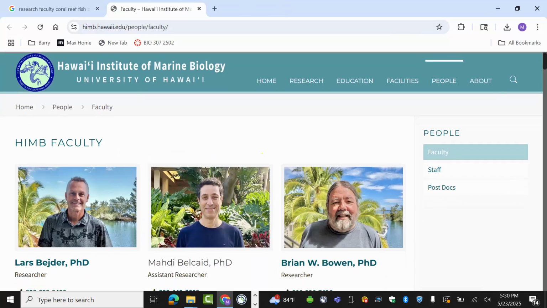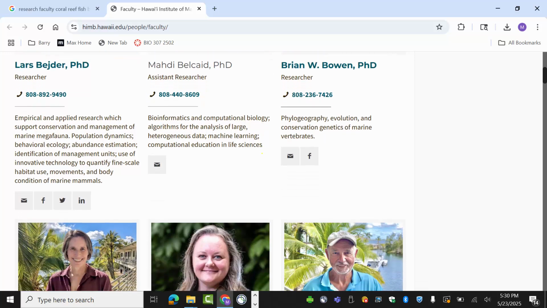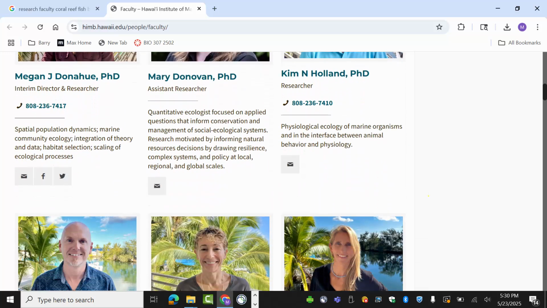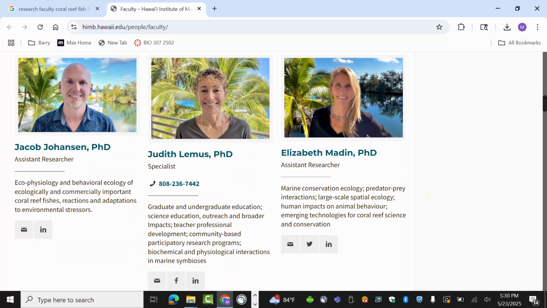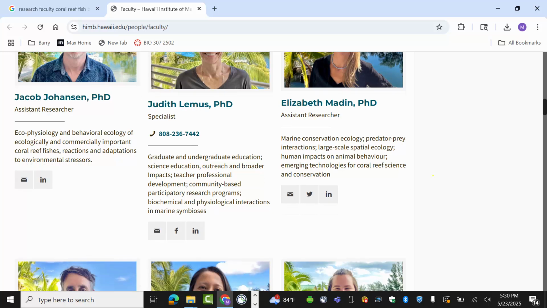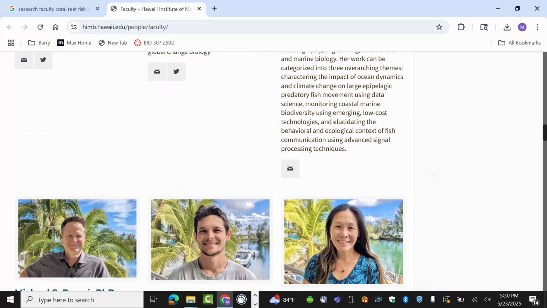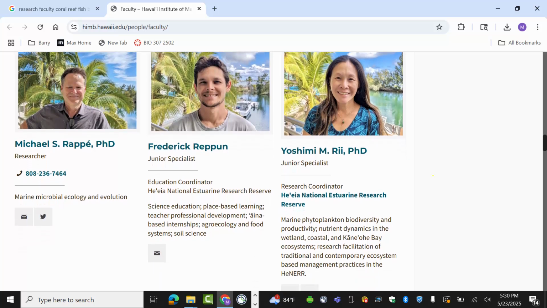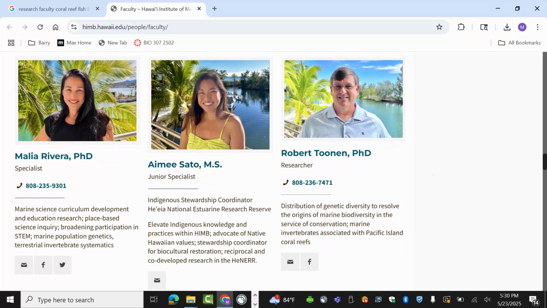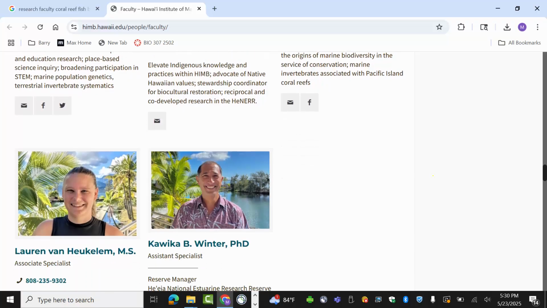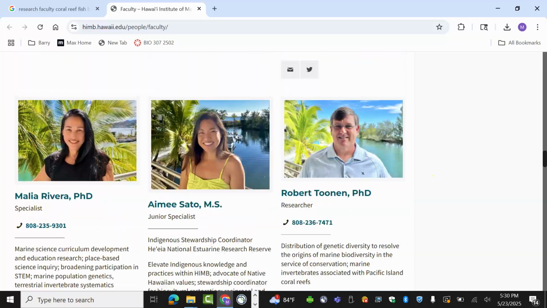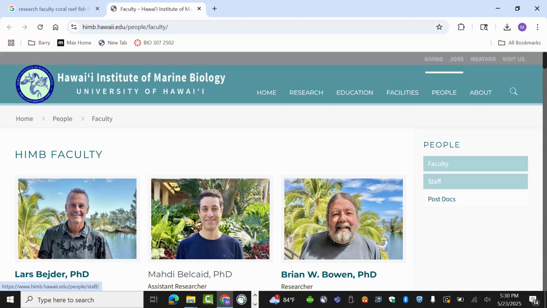Here's the Hawaii Institute of Marine Biology. Here's a whole bunch of faculty. Similar to what we did before, these are people who are there. Oh, there's our buddy Jacob Johansson. These are a whole bunch of people. Like we did with the University of Miami page, now you can scroll through and find people that you could potentially work with. Now, going to the University of Hawaii, working at the Hawaii Institute of Marine Biology, that could be kind of cool, but